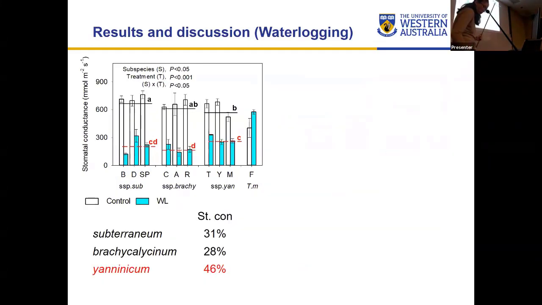I also measured stomatal conductance. Stomatal conductance is a measure of the density, size, and opening of the stomata. So the more open the stomata, the greater the stomatal conductance. But leaf stomata closure under waterlogging can cause insufficient water uptake. This is a phenomenon known as physiological drought, in which water uptake into the roots is inhibited,